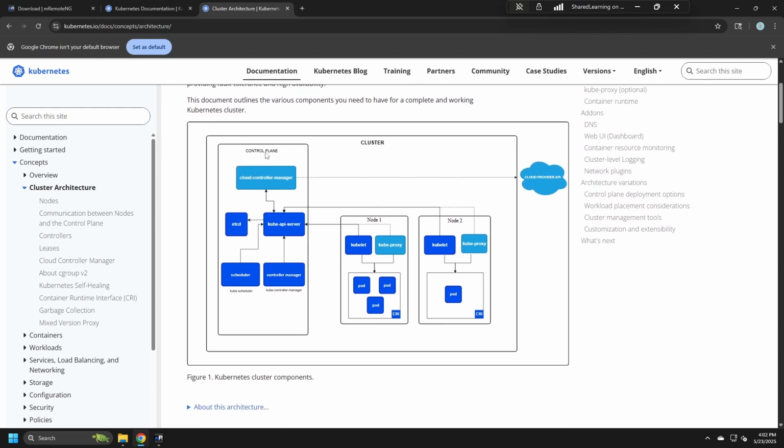So the cluster involves the control plane and any nodes that you're adding. What we're going to do, like I mentioned before, is create a control plane out of one of the laptops, and then we're going to have a worker node. I like calling these nodes the worker nodes. We're going to have one worker node, and we're going to get those set up, so you can play around with it and just get comfortable using Kubernetes,